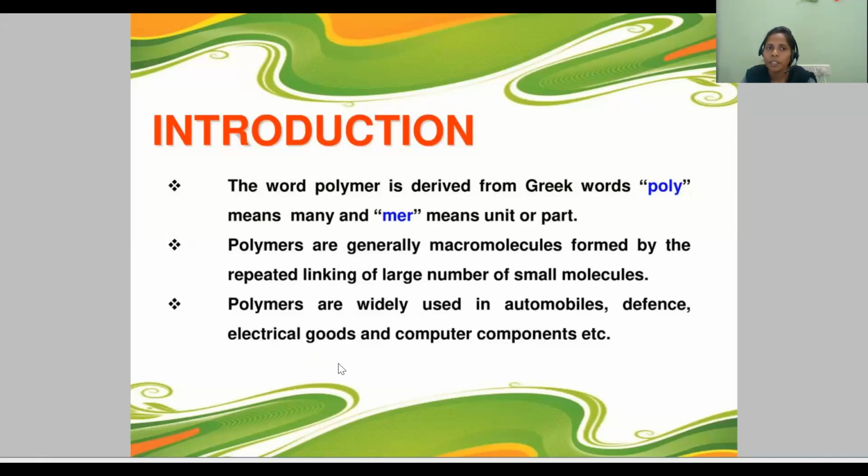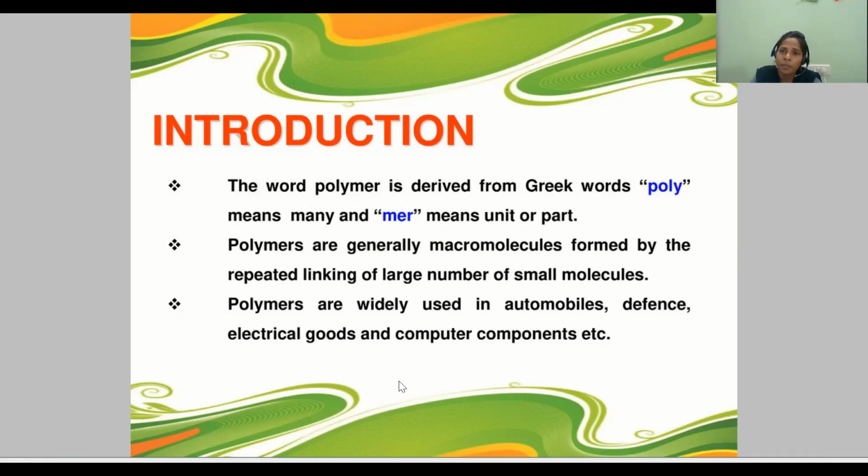Today, I'm going to explain unit 3. In the previous session, we completed unit 2, that is water chemistry and corrosion. And unit 3 is polymer chemistry. But today, I'm going to explain just the introduction of polymer chemistry. Maybe you have already seen polymer chemistry and some synthesis at the intermediate level. Let us see the introduction and the basic definitions in polymer chemistry.